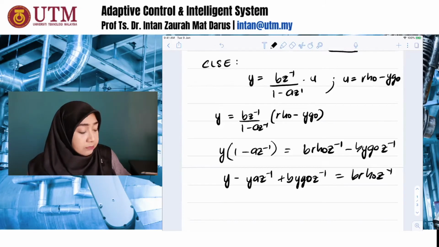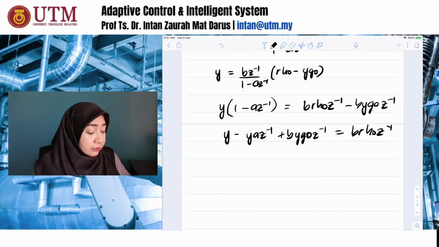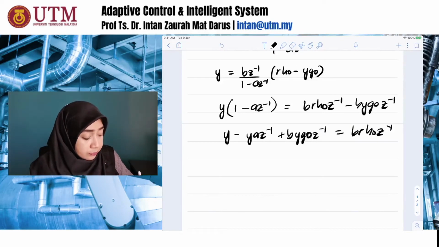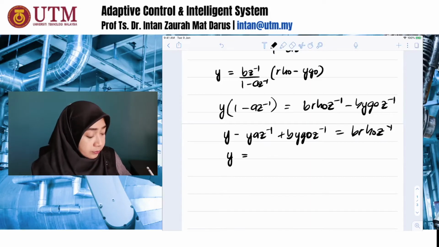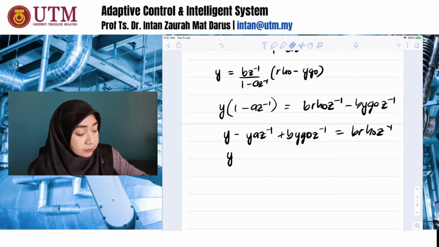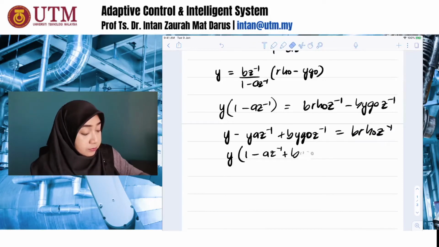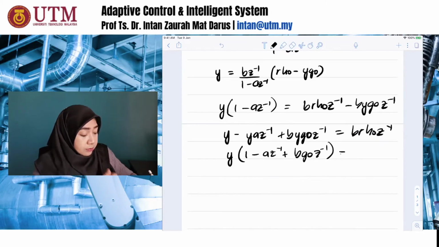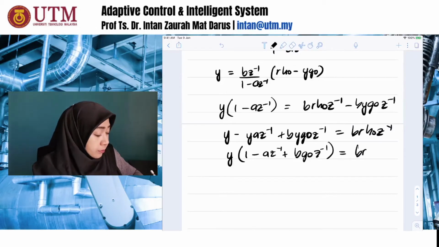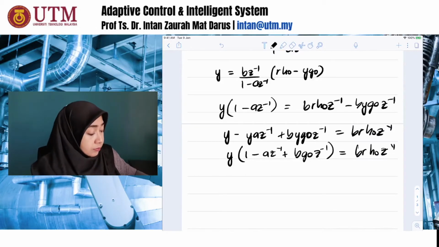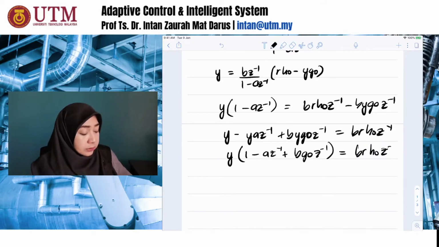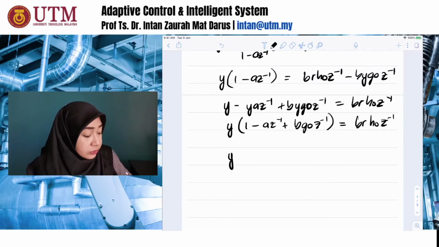Right, then we can factorize y again. Okay, therefore your y is actually equal to